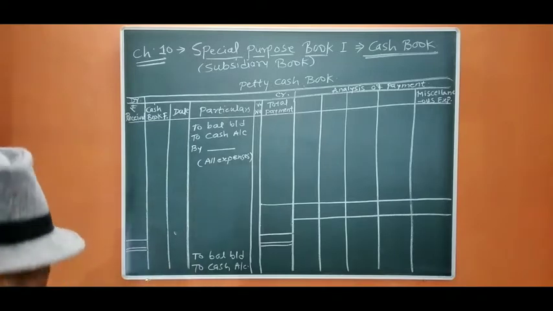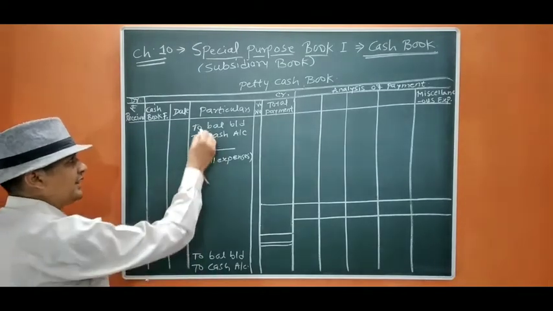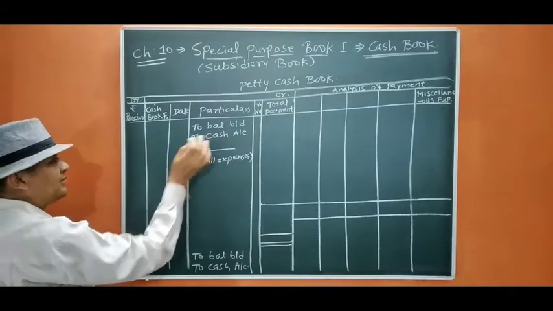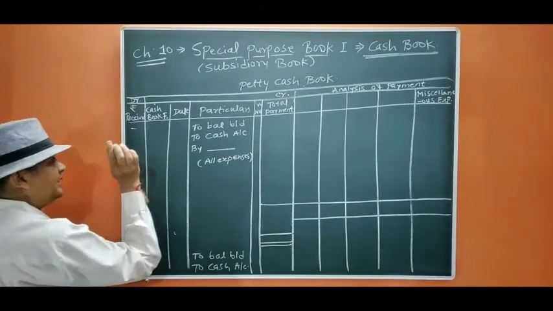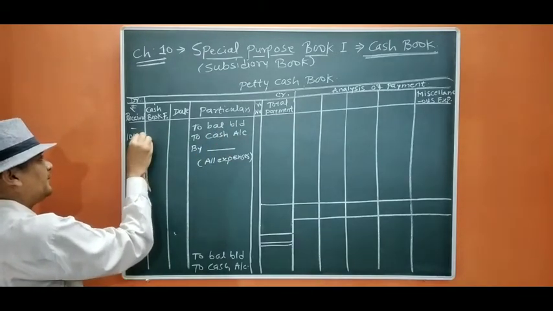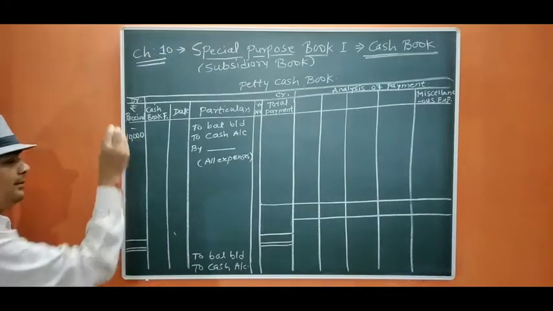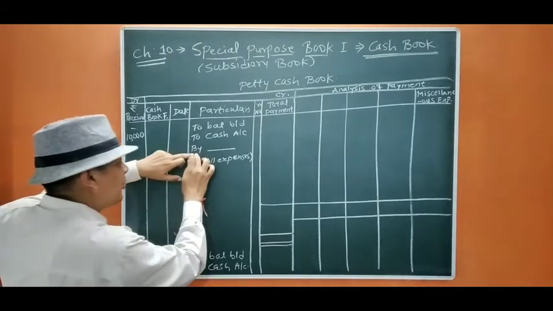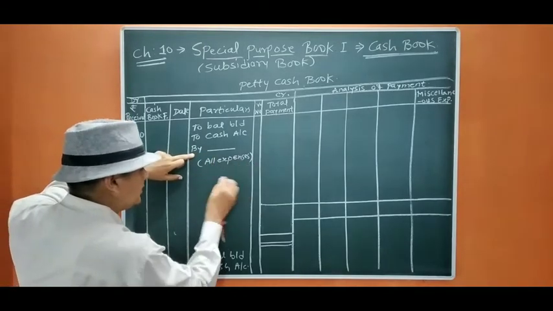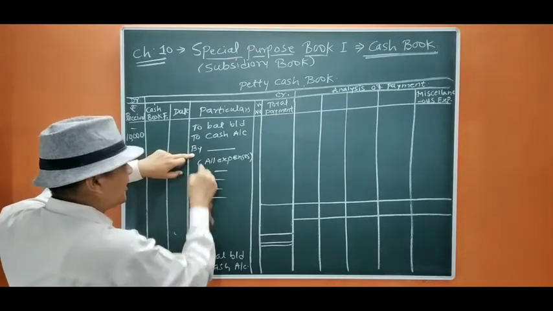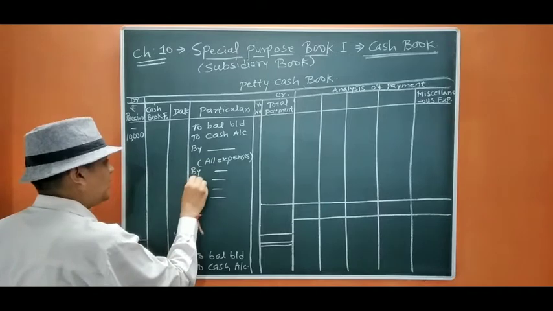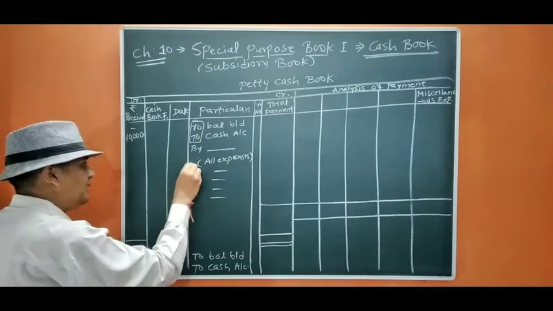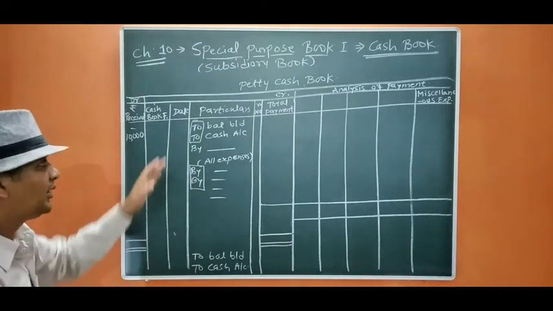Okay, so receipt will be shown this side. You should remember, suppose we are starting a new business, then there will be no balance, but we will have only the opening balance. Suppose I am starting business, then the balance will be 0. I am getting 10,000 rupees, suppose, from the main cashier. It will be written by cash account. And I am going to spend all the expenses here. These expenses will be written here by writing by. When you are getting receipts, you are going to write to, and when you are paying, you are going to write by.